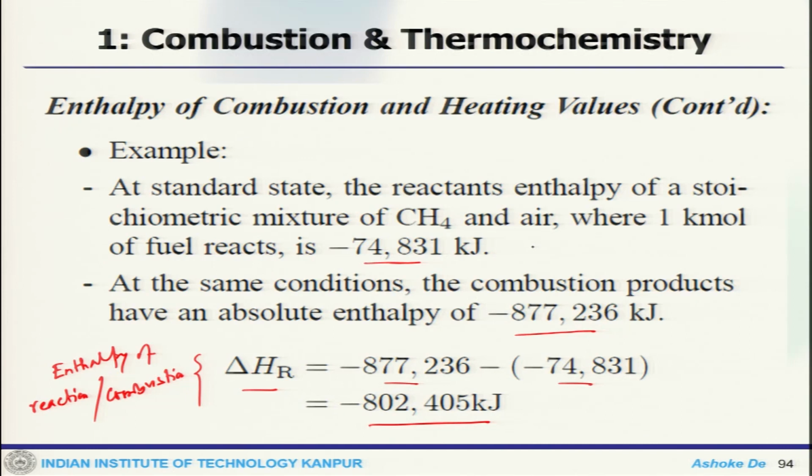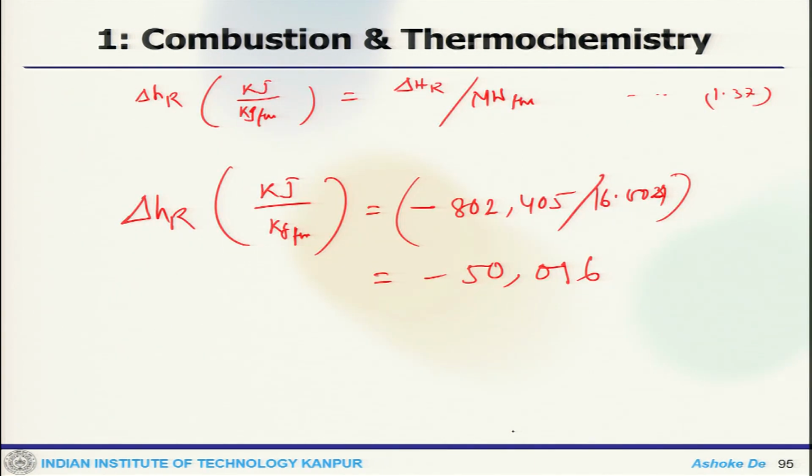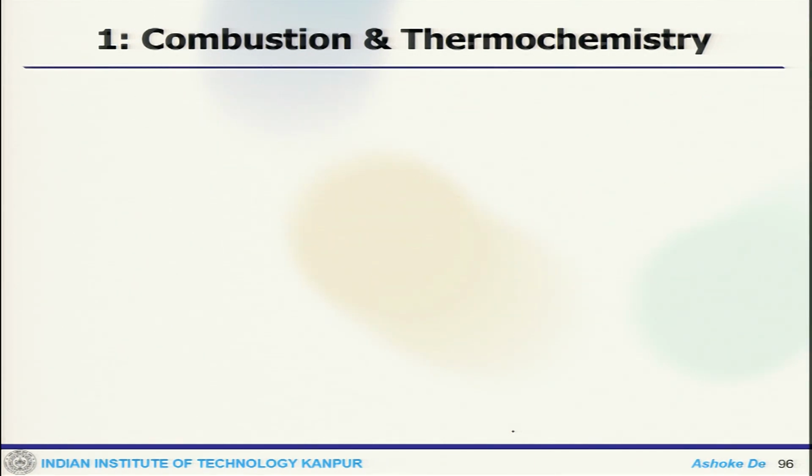Let us continue the discussion. What we are doing is looking at the enthalpy of formation, enthalpy of reaction and enthalpy of combustion, and we took an example, so let us see what the example was. We took an example of methane. This is where we stopped, which was at the standard state, with the reactants and the product also at standard state. So, we get the enthalpy, and then we find out per unit mass.